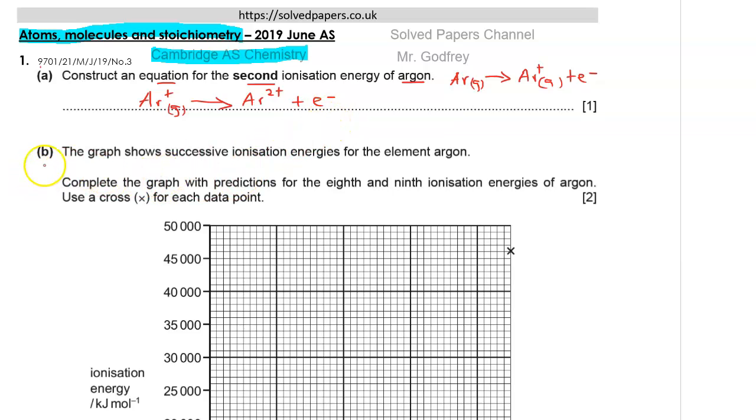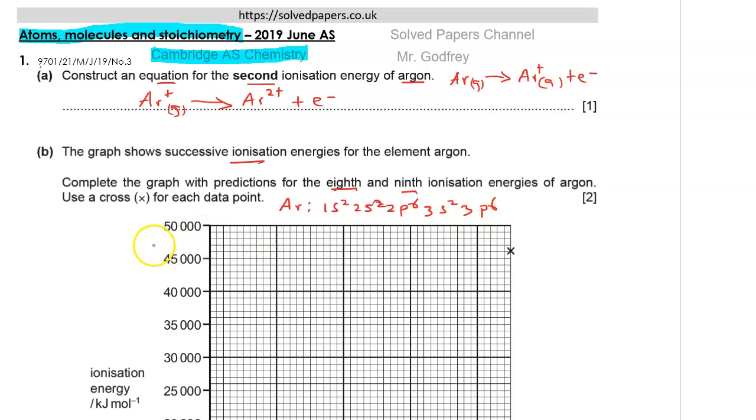Good. Part B, the graph shows the successive ionization energies for the element argon. Complete the graph with predictions for the 8th and 9th ionization energies of argon. Use a cross for each data point. Of course, to do that, you need to remind yourself about the electron configuration of argon, which is this one. I can write it here for you. 1s2, 2s2, 2p6, 3s2, and